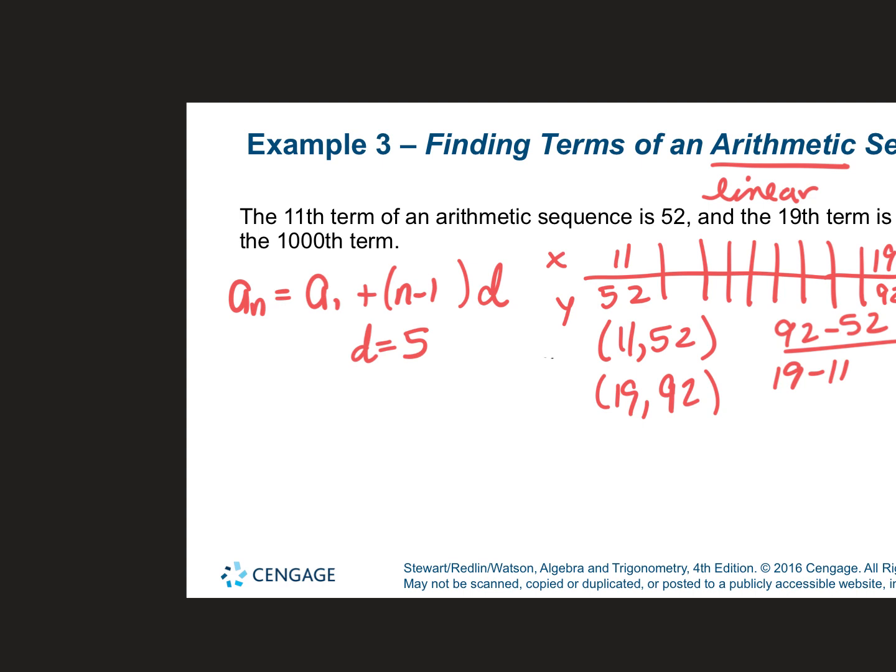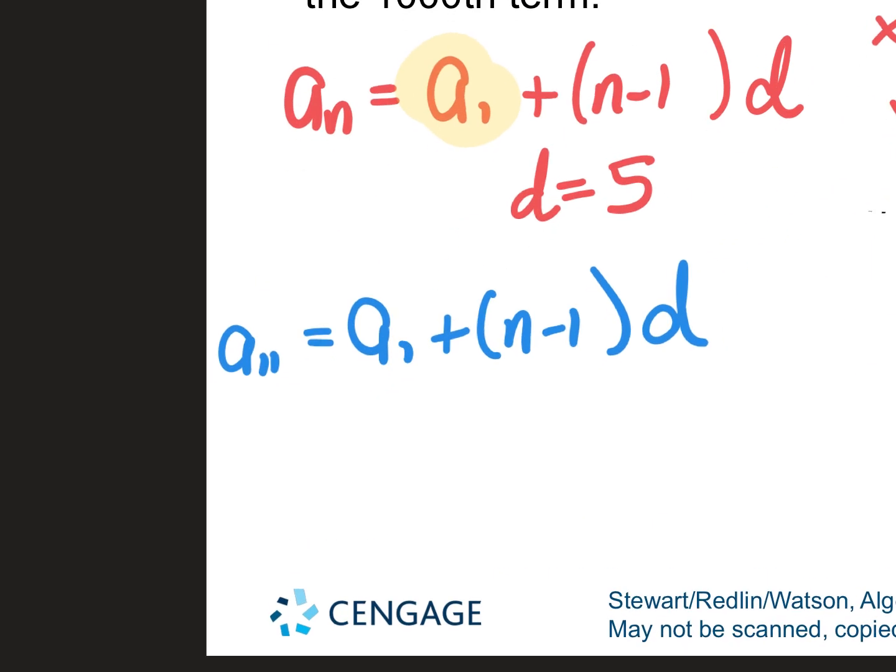Because now, in order to write the rule, we have to know the first term or the 0 term, depending on how you want to look at it. But in order to write the rule to find the 1,000th, we've got to figure out what the actual rule is itself. So I'm going to take the 11th term, because they told me what the 11th term was. I'm going to plug that information in, and I'm going to find out what the first term is. Watch this. They told me here that the 11th term was 52. So a sub 11 is 52. Trying to find the first term. And again, we're using the 11th term, so I'm going to plug in n is 11 minus 1 times your